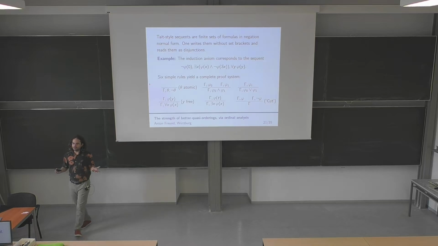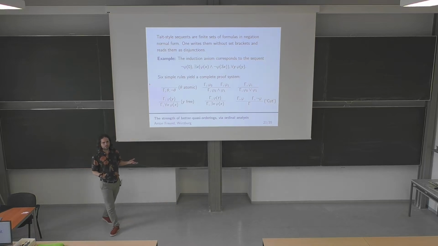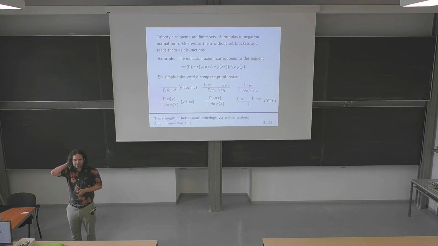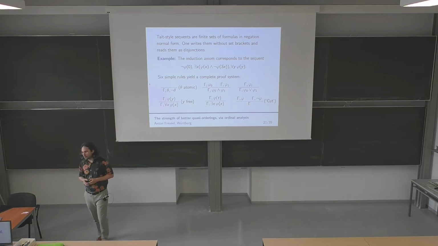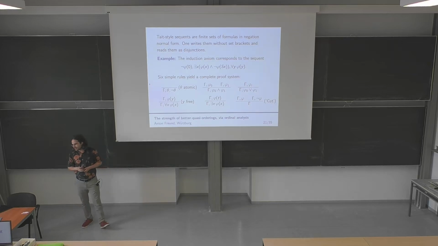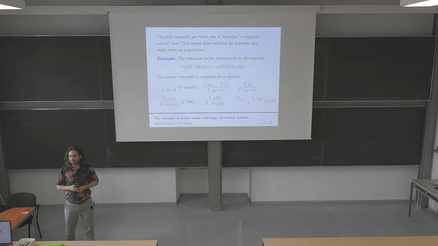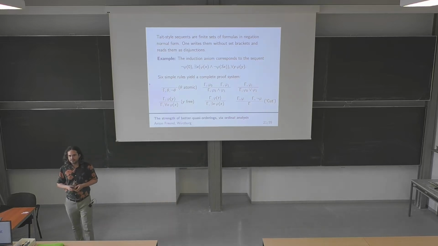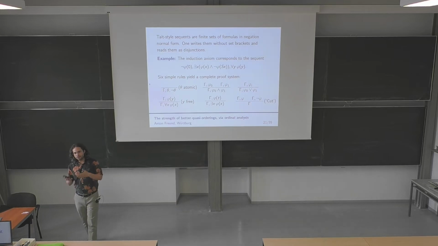And if you want to do something like cut elimination, you really want to work with formal proofs, then you should probably fix one particular proof calculus. And a very elegant one for this purpose is Tait-style sequent calculus. So first of all, the formulas that you work with in these proofs are supposed to be formulas in negation normal form. So you have negation only in front of atoms. And then outside of the atoms, you have conjunctions, disjunctions, existential, and universal quantifiers.